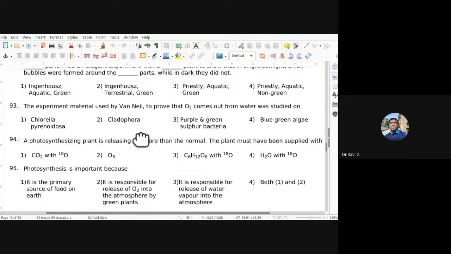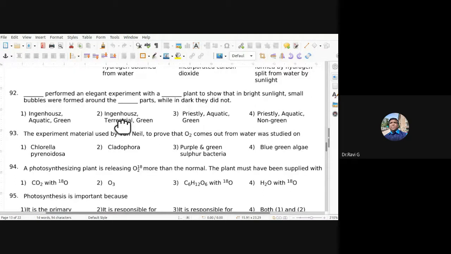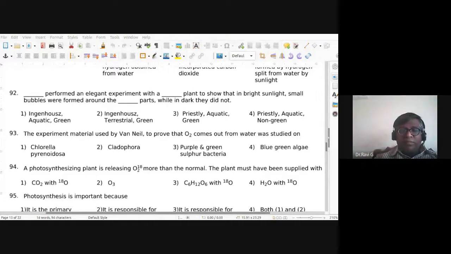The second question I was discussing was: Ingenhousz performed an elegant experiment with an aquatic plant to show that in bright sunlight, small bubbles were formed around the green parts, while in dark they did not. So the experiment was performed by Ingenhousz in an aquatic plant. The bubbles were formed around the green part. So the first option is correct for the 92nd question. Then the next option,